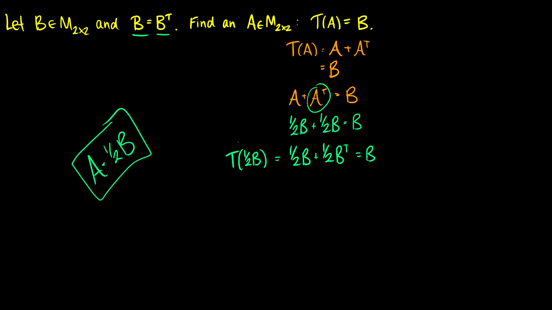So this is one of those things that might not be easy to see right away, but as soon as I see that B is equal to B transpose, I'm immediately thinking, okay, if I want to get B back, then I just have to add 1/2 B plus 1/2 B. And then I need to see if I can somehow get it to work in the equation. Okay, so luckily this one worked out nicely. I'm sure some of them are much harder, but I couldn't find any that were a middle ground, somewhere between really easy and stupid hard. So it's hard to find those middle ones, but